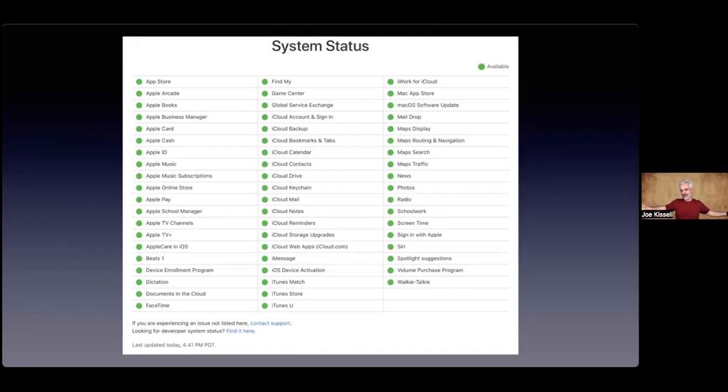You want to see green, all right? Green means there are no problems with that service that Apple is currently admitting to. Doesn't necessarily mean there aren't problems or that Apple won't admit to it later, but they are not aware of and admitting to any problems. If it's yellow or red, yellow means some people are having some problems, and red means no, sorry, this isn't working at all for anybody. So before you start fiddling with other stuff, just check to make sure that the thing you're having trouble with isn't down on Apple's side.